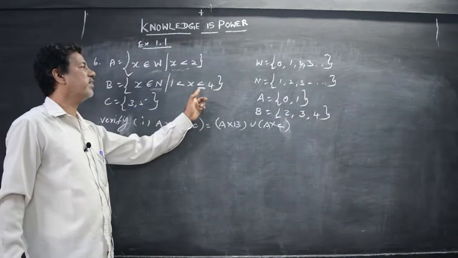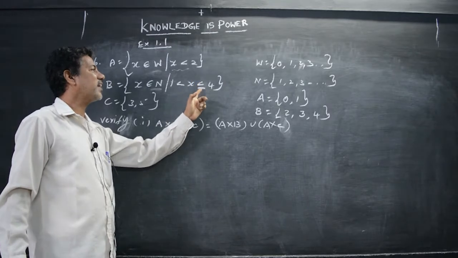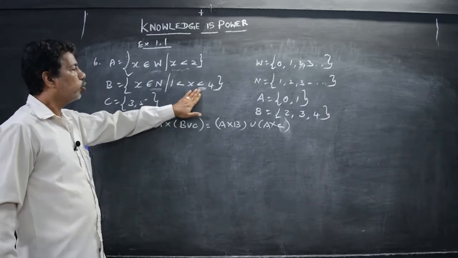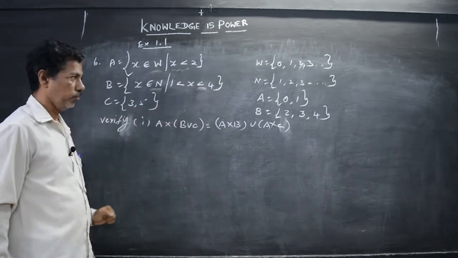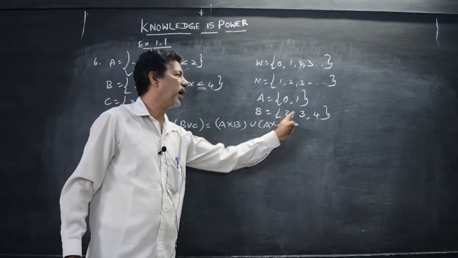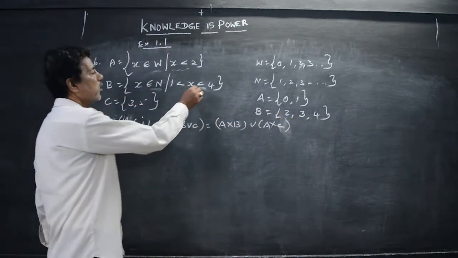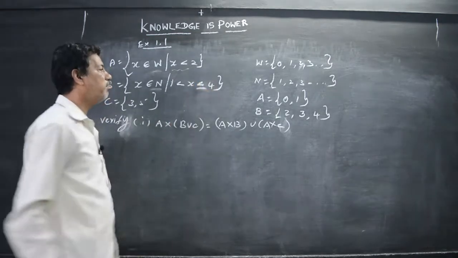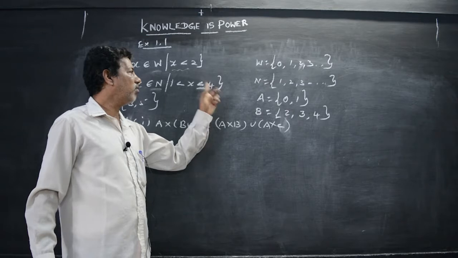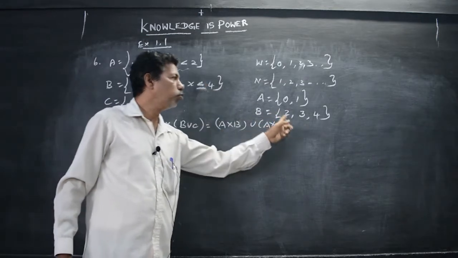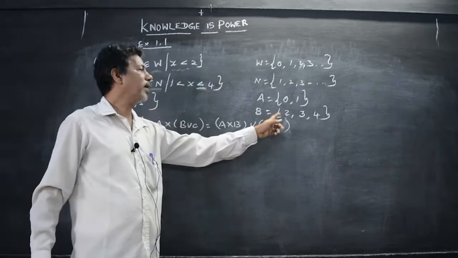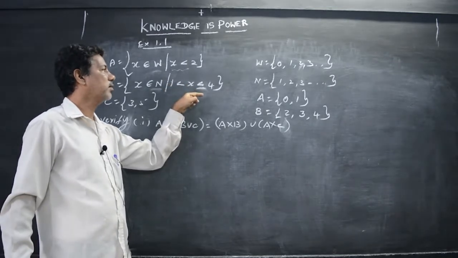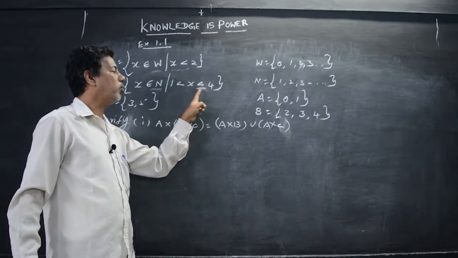4 you also have to write. Why? Because it is given as less than as well as equal. If this symbol is not given, you should not take 4 also. You should take only 2 and 3. Since in the question they have given the less than or equal symbol, therefore 2, 3 and 4. 1 should not come. Why? Because the value of X is greater than 1 and less than or equal to 4.